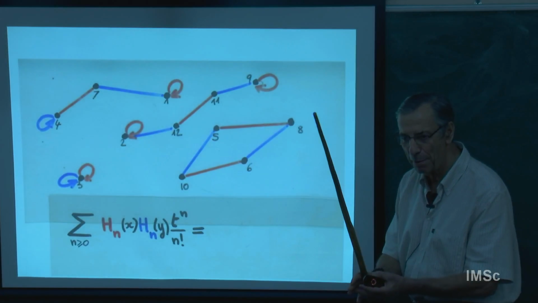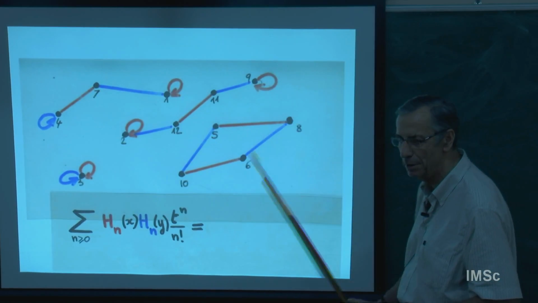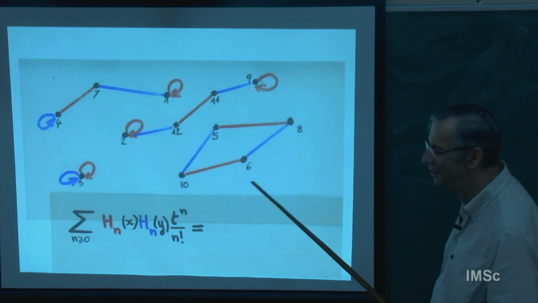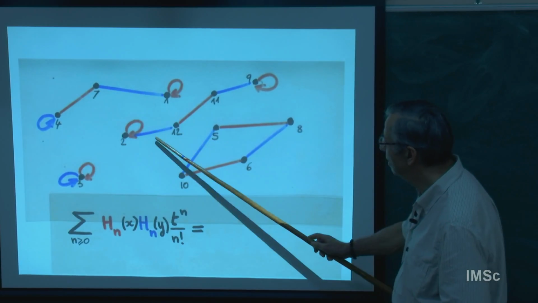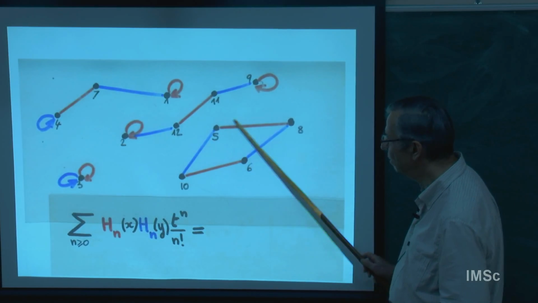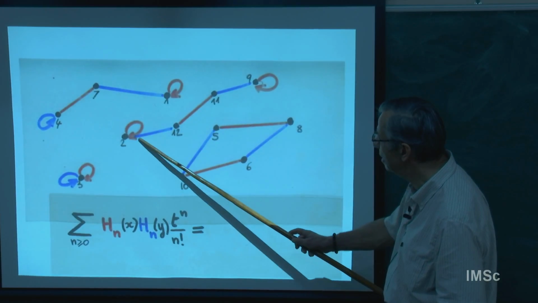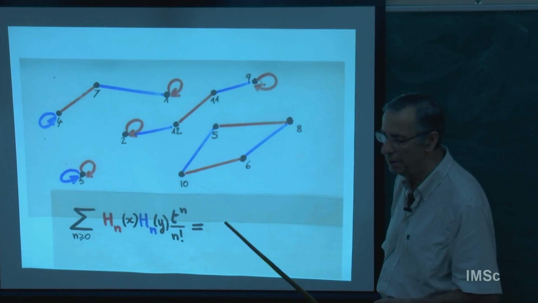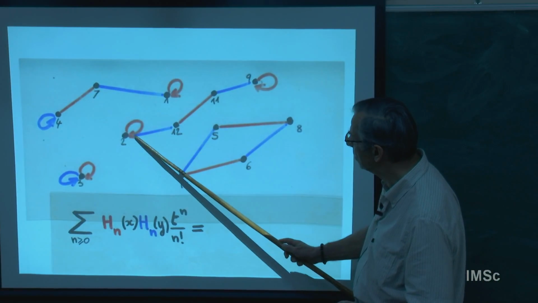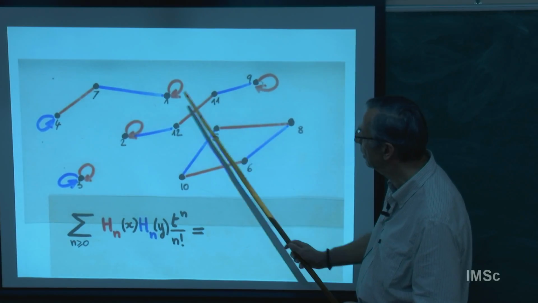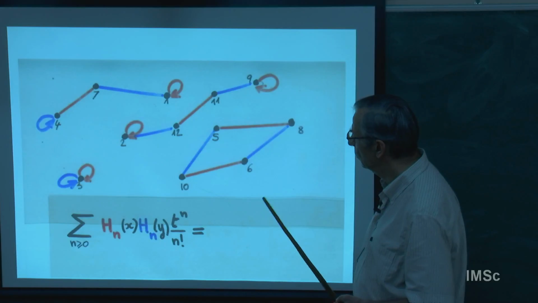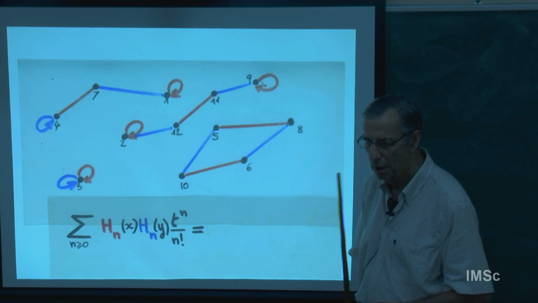If you take the superposition of two Hermites, this gives you this picture. And immediately you see some connected components. There are some chains, and some cycles, non-oriented cycles, and the chains alternate in blue and red. Cycles also alternate in blue and red, and for the chains, maybe the two extreme points are red, maybe blue, maybe blue and red. So this is the left-hand side.